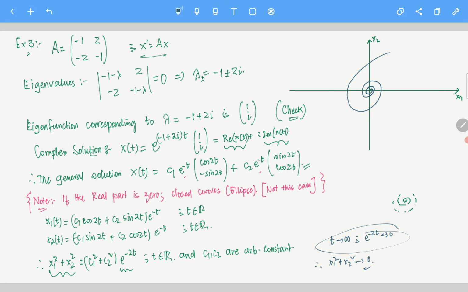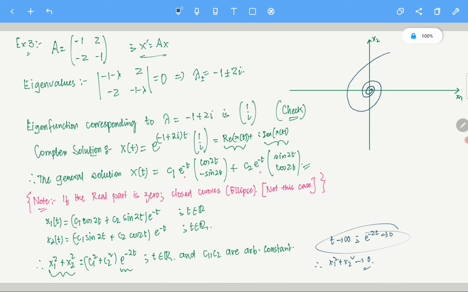But here, I need to know in which way it is going. So it can go in two different ways. One is the clockwise direction. So what I meant by it is, it can come like this, clockwise direction in this way, or it can go like this, anti-clockwise direction. So the question is: in which way does this work? Is it in clockwise direction or anti-clockwise direction? Please don't look at t positive, t negative in this case. We just look at the direction, because this actually gives you a direction field.